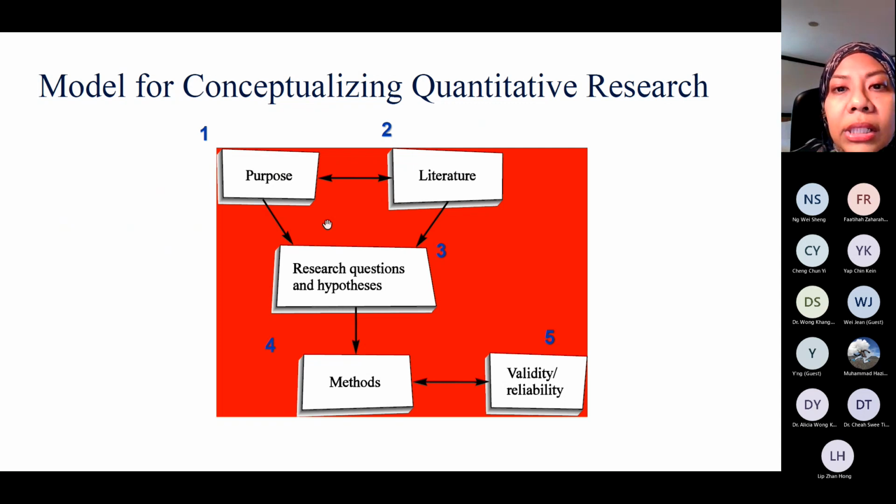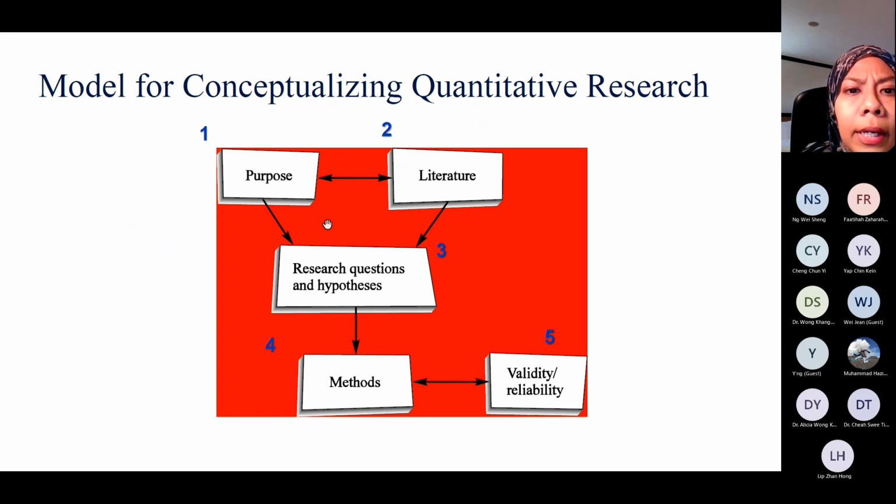So we review the previous literature from the articles and journals written by previous researchers. We provide them understanding and our own opinion about the topic that we are discussing. So that is under literature.